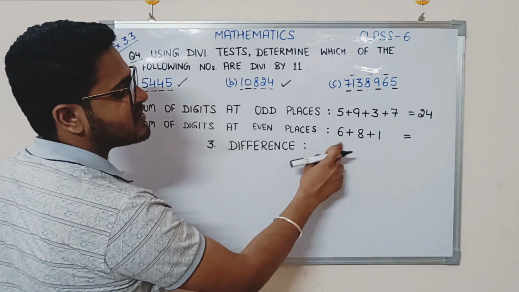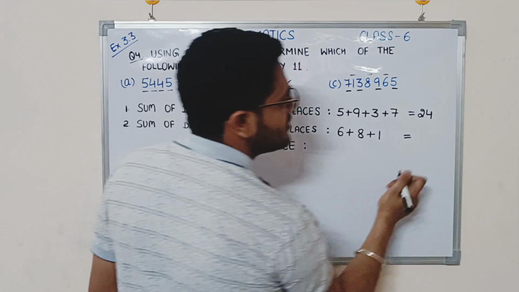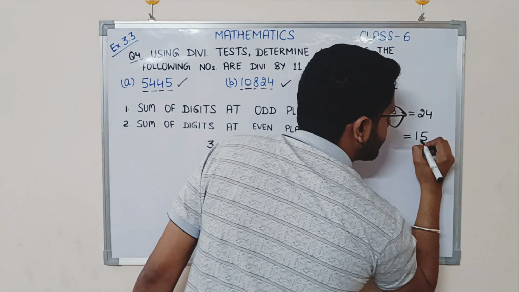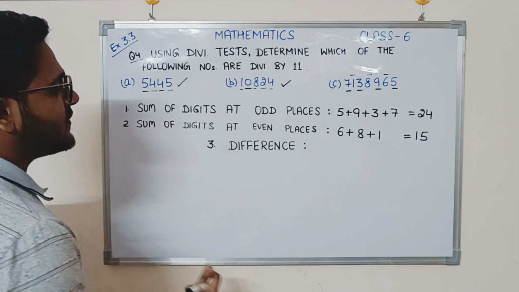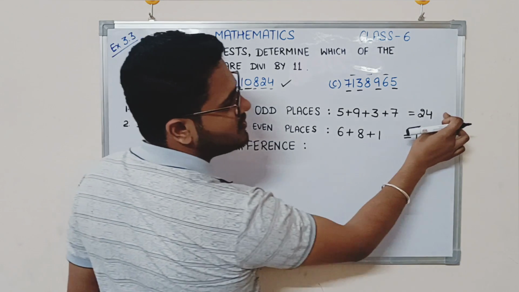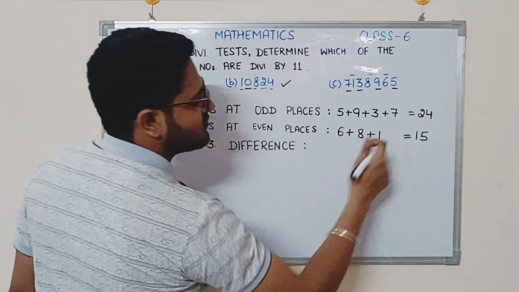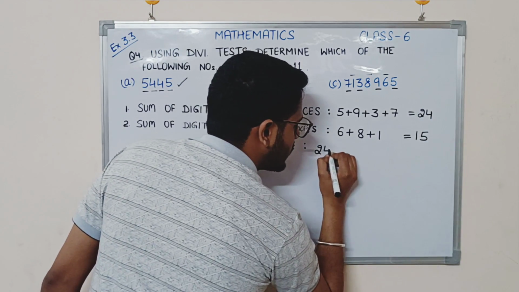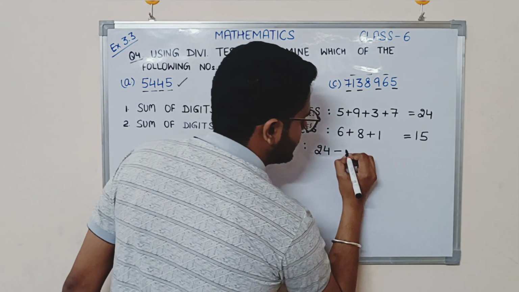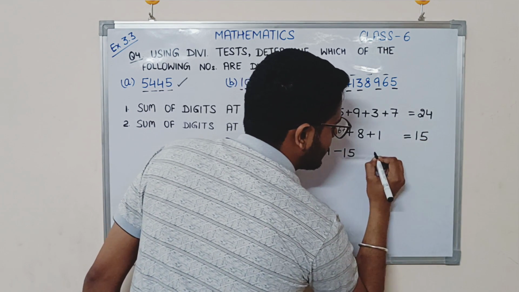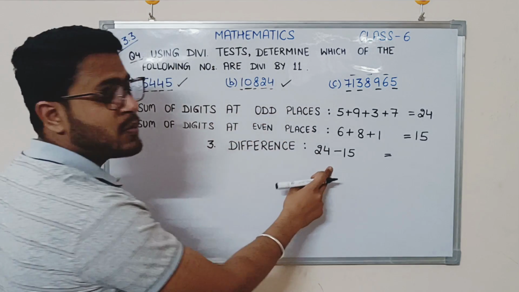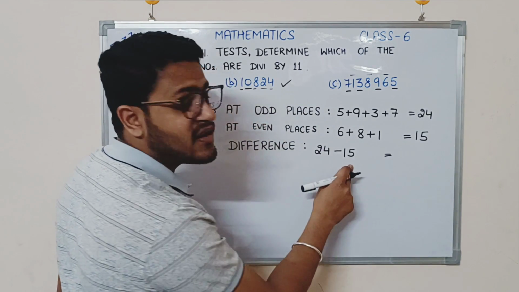What's the sum? 6 plus 8 is 14, 14 and 1 is 15. Right? Now the final step: the difference between this sum and this sum. So it will be 24 minus 15. What will it be? 24 minus 15 is